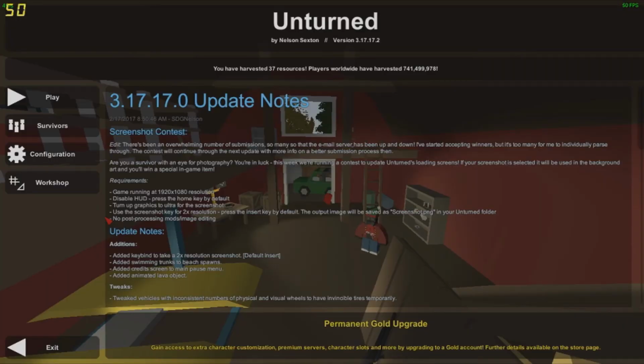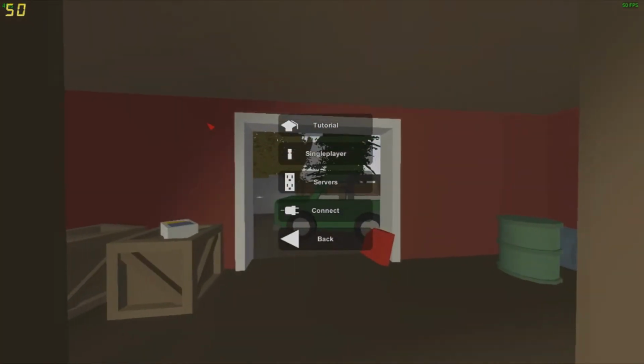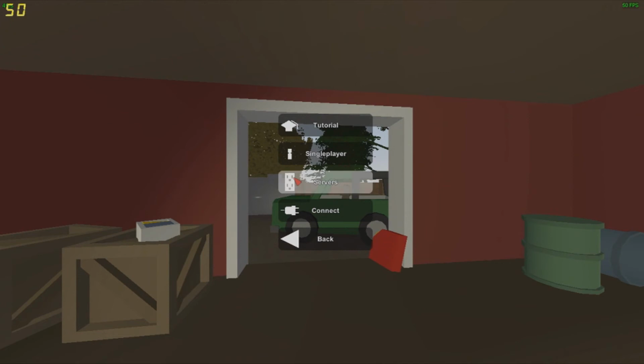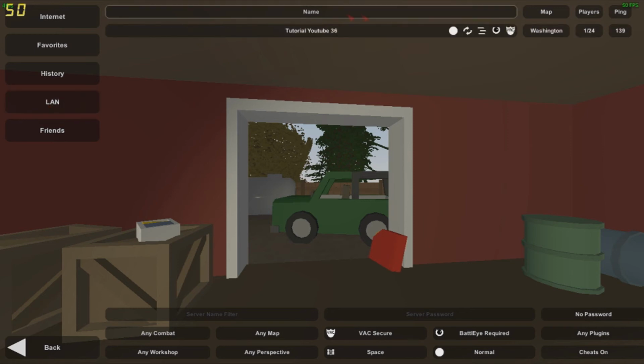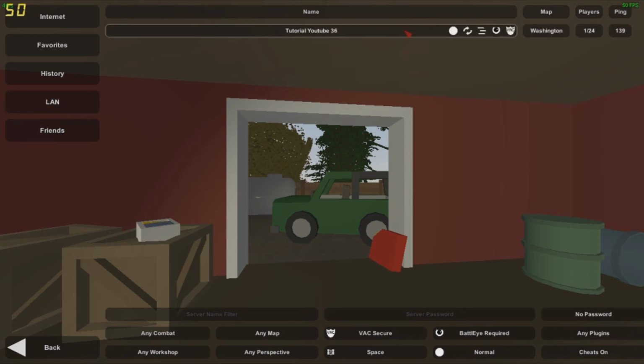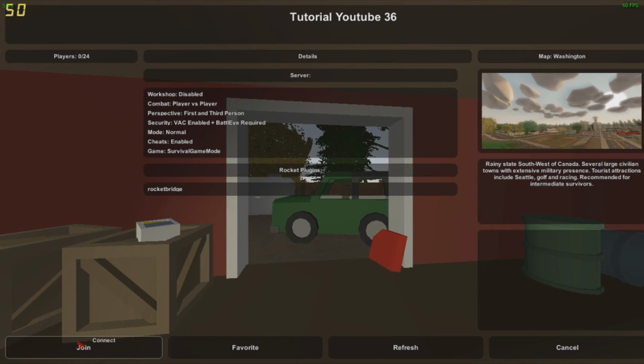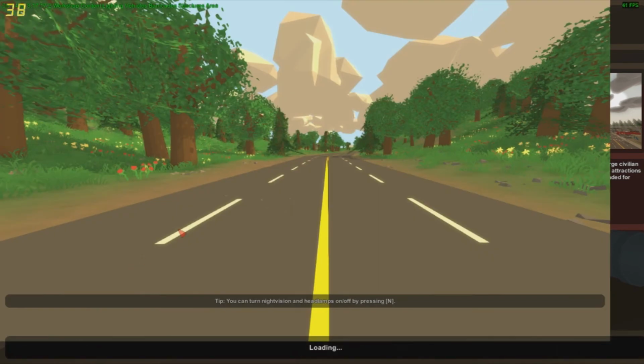So I'm back. So next thing you will have to do, when you want to go into your server that you just made, is go to LAN and it will show up. I will connect here.